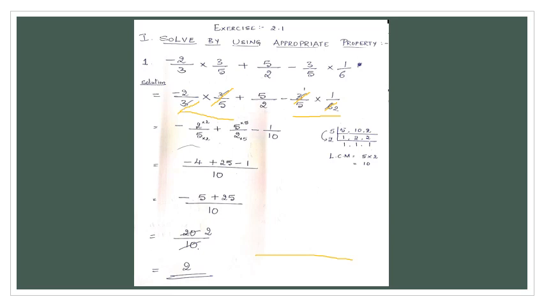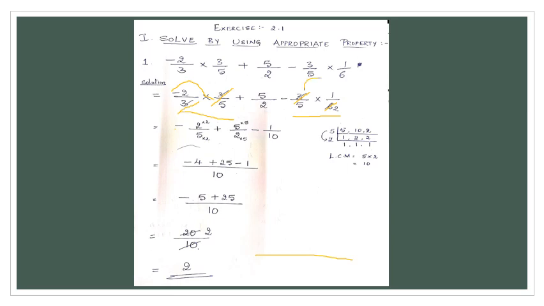Children, here the symbol is minus, minus into plus. Children, minus into plus is minus itself. Then 2 ones are 2, here 3 and 3 get cancelled, so 2 ones are 2, by 5 ones are 5, plus write down the 5 by 2 as it is. Then here 3 ones are 3, 3 twos are 6, get cancelled, so let us multiply the numerator and